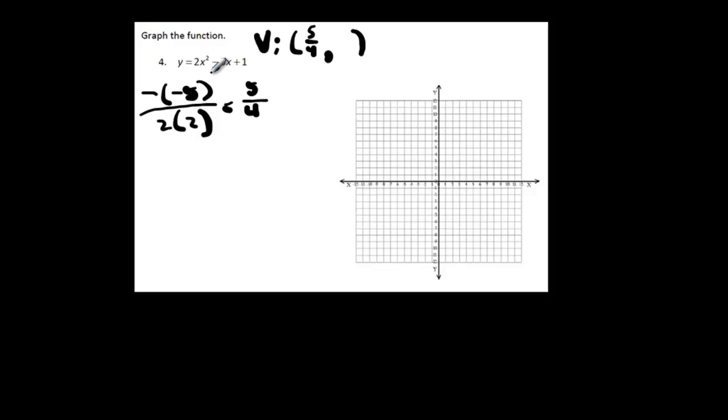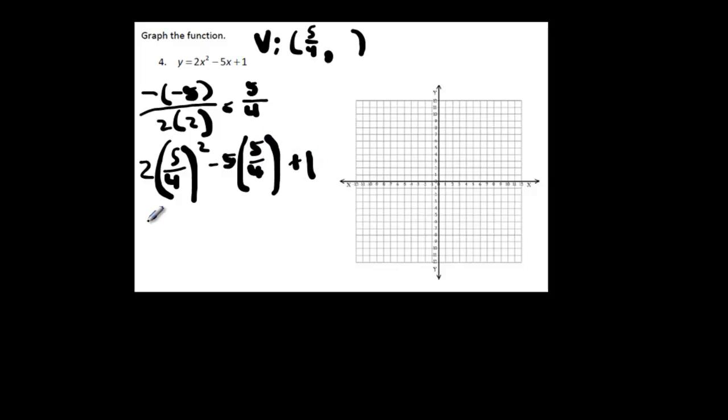The y coordinate is going to be the value of the function when I substitute 5/4 in for x. So it's going to be 2 times 5/4 squared minus 5 times 5/4 plus 1. So 2 times 5/4 squared is 25/16. Negative 5 times 5/4 is 25/4 plus 1. Over here, we can cancel the 2 and 16 and make an 8 down here. So what I'm going to have now is 25/8